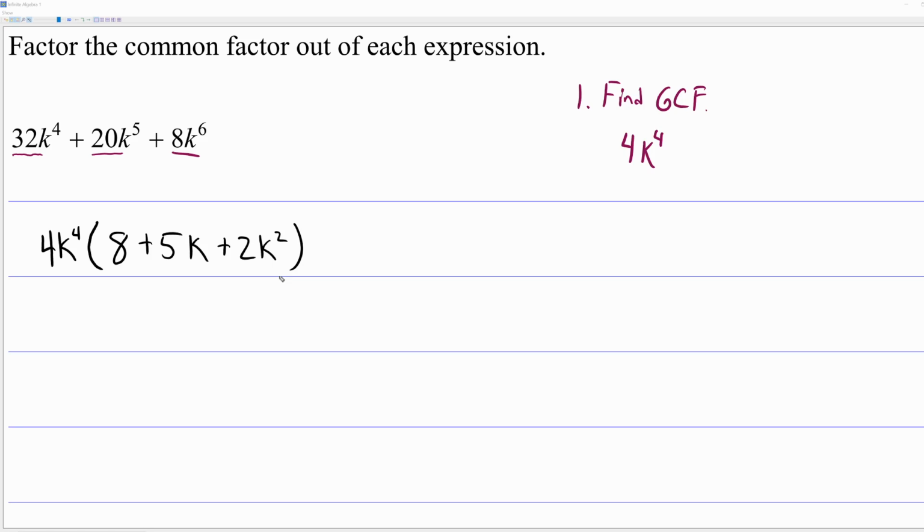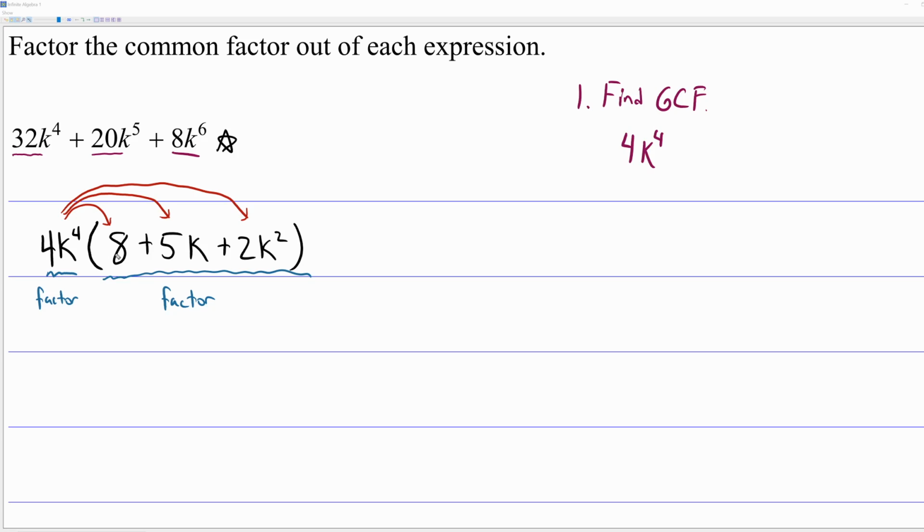So we have successfully factored this original polynomial with 3 terms. I want to be careful about the way we're going to use these words here. 4k to the fourth, that is a factor. And then 8 plus 5k plus 2k squared, that is also a factor. And if you multiply this factor by this factor, let's actually look at it, if you use the distributive property,